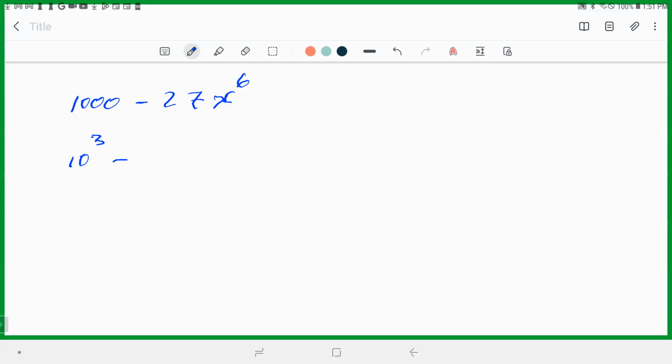And this can be written as 3x squared cubed. See that? This is 3x squared cubed, because 3 cubed is 27, and x squared cubed is x to the 6th power. See that? So these are my values now. That's my A and that's my B. Ready? I'm doing a difference of 2 cubes. This one is easy. So I'm going to write 10 minus 3x squared